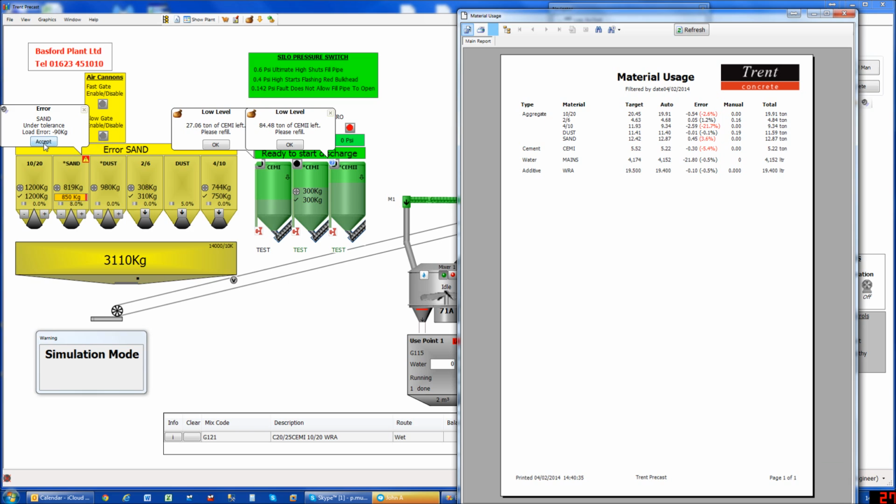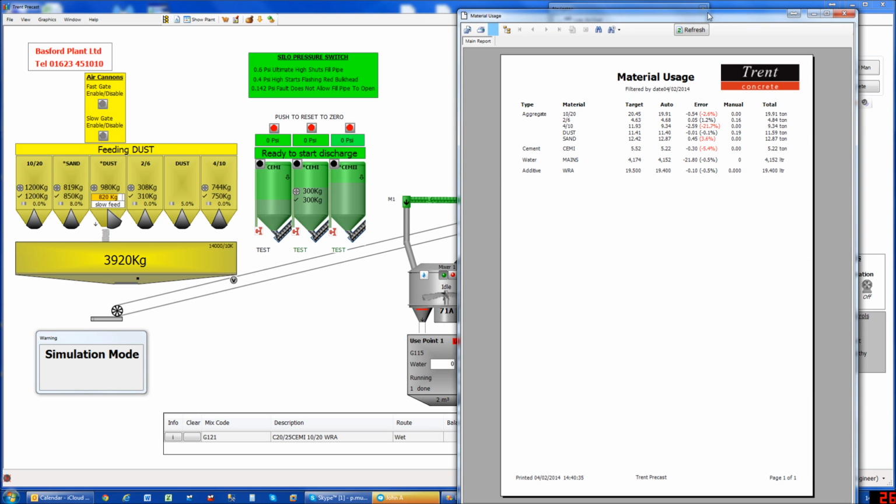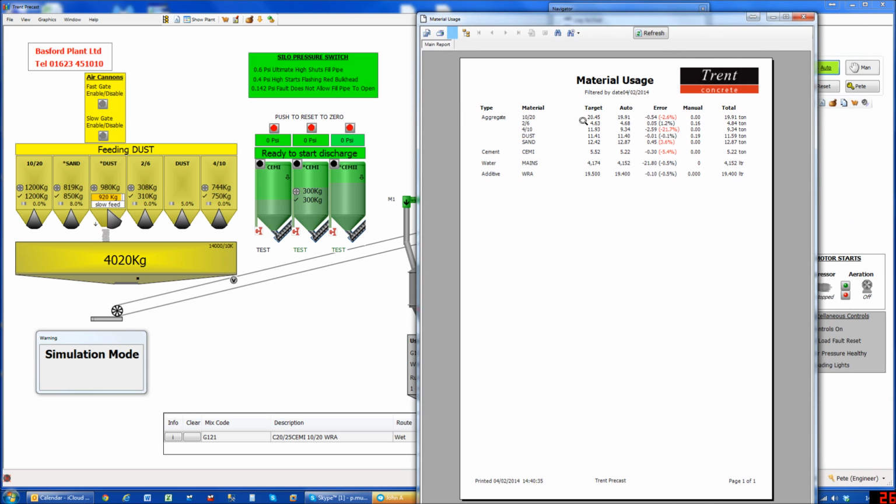So what we've got going off in the background is a batch, and it's just saying that there's an error. We've got the speed synthesizer on there as well, so we just accept that and it'll continue. Also, while we're over here, at the end of each load, if you get down below a certain stock level, it can prompt you to do a reorder. So that's what that is. But back to this report, material target,